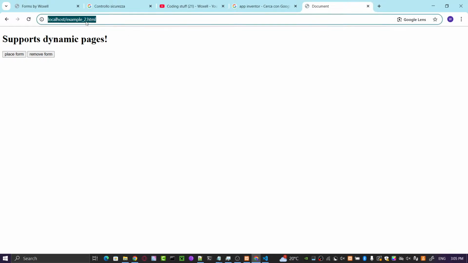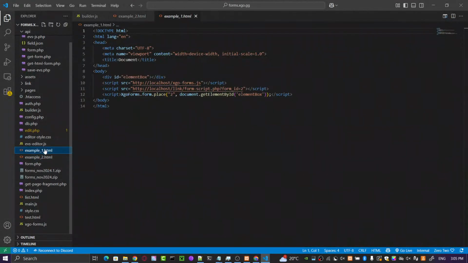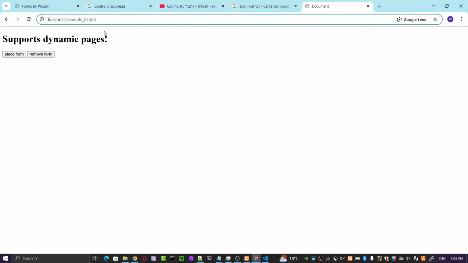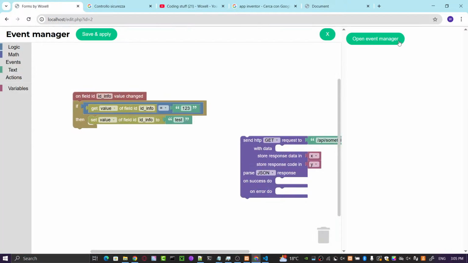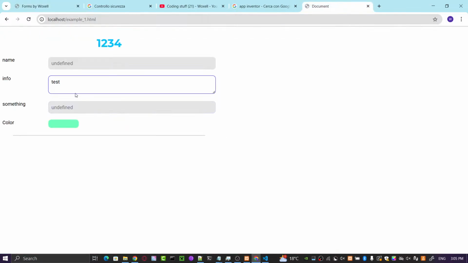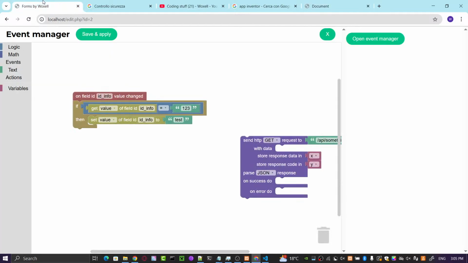You can place it statically like this, and if you go here, it automatically spawns the farm. If you type 123, the script is run.